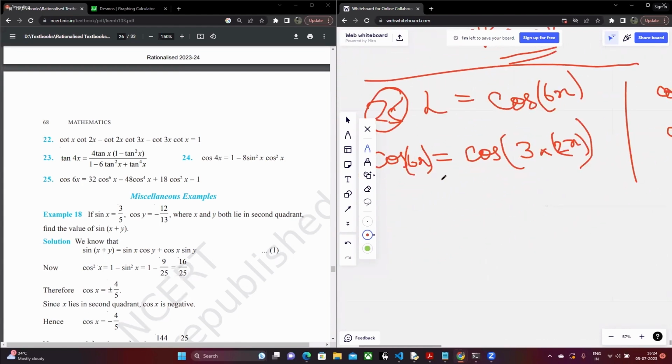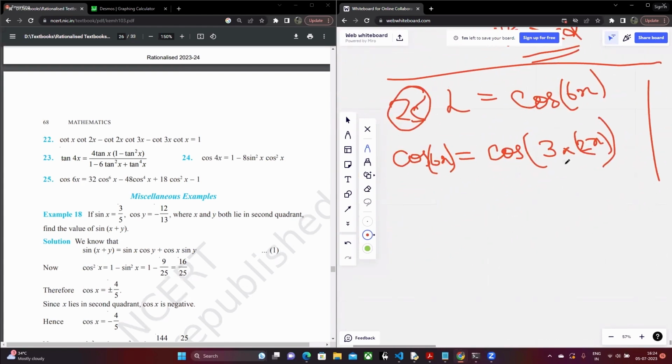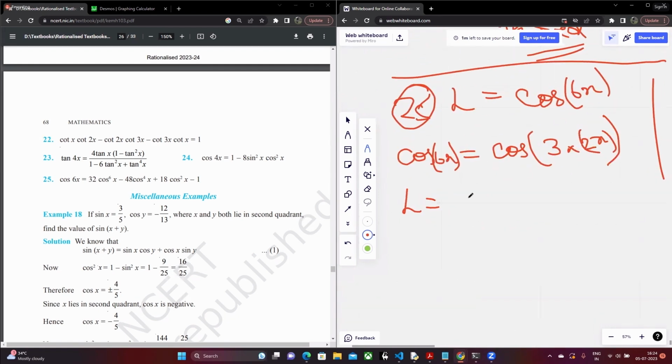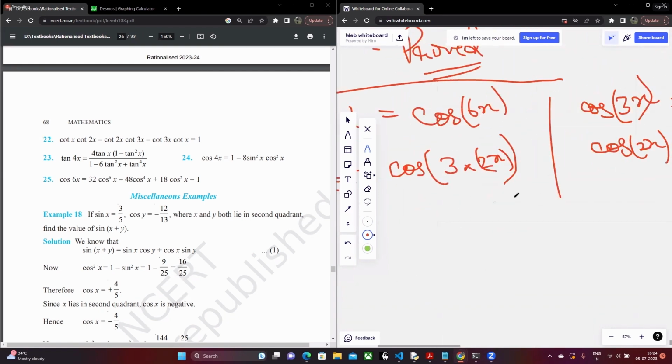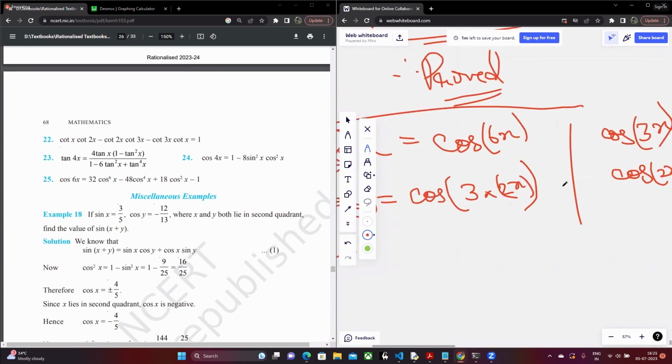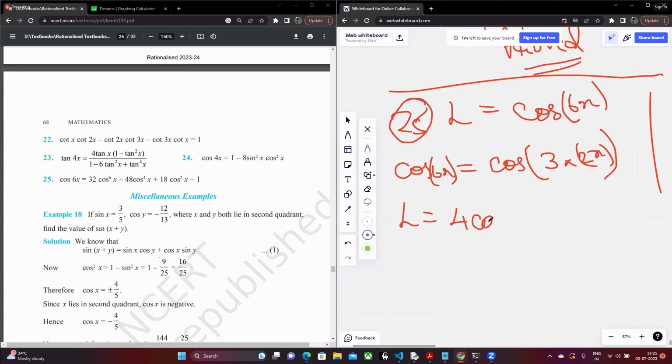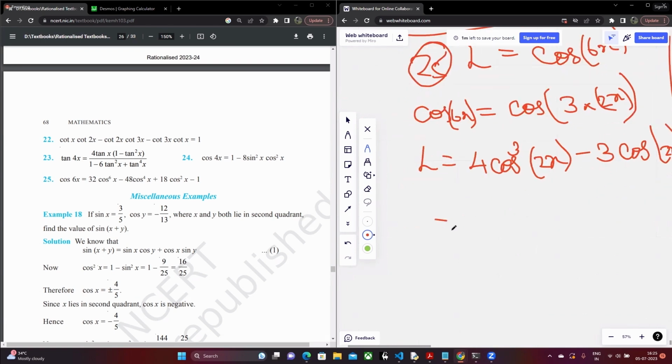So since I'll write cos 6x as cos of 3 into 2x, I can expand LHS using the cos 3x formula. I can write this as 4 cos cubed of 2x minus 3 cos of 2x, right? Which is basically equal to